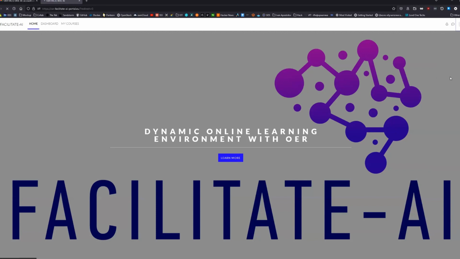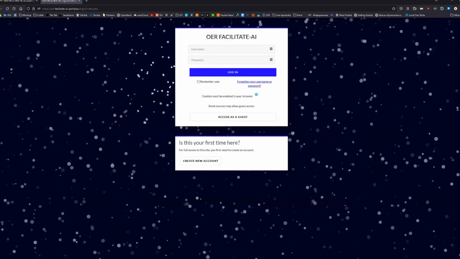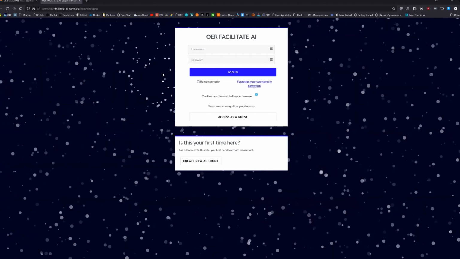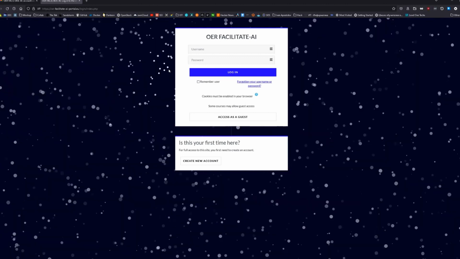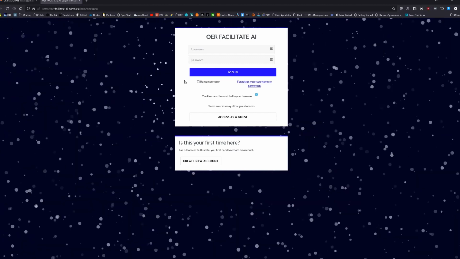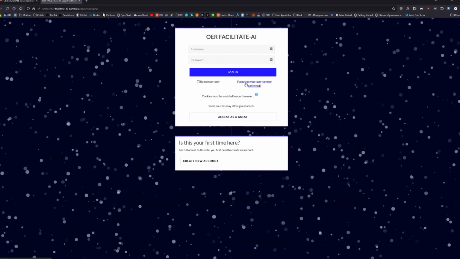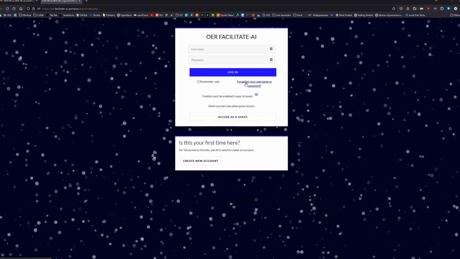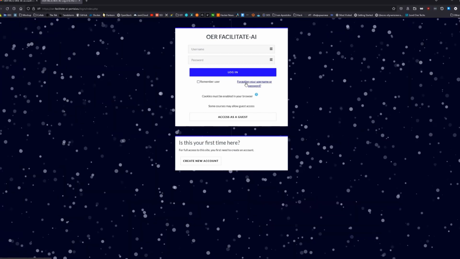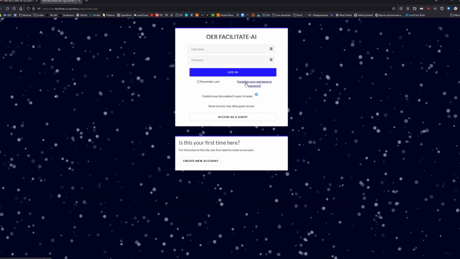Okay, so if we click log out, the system will log us out. If we click again log in, it will ask us again about our username and password. But if we forgot our password or username, we can request a new one.